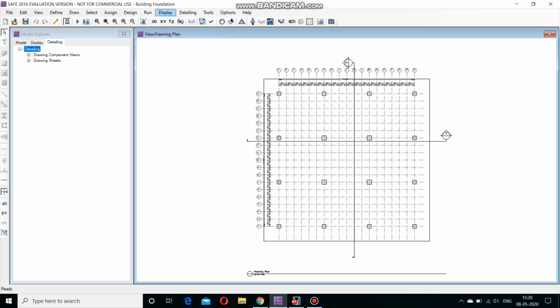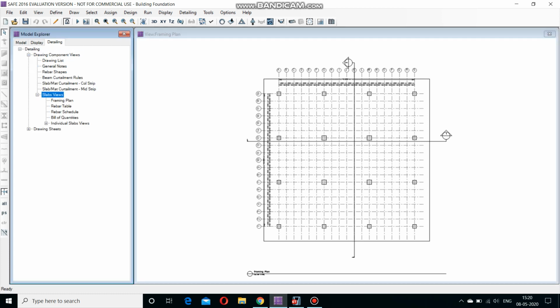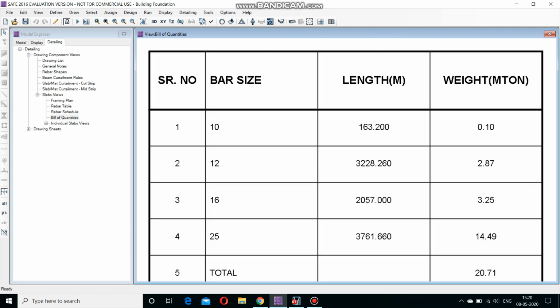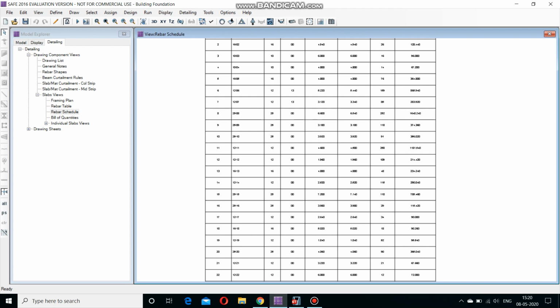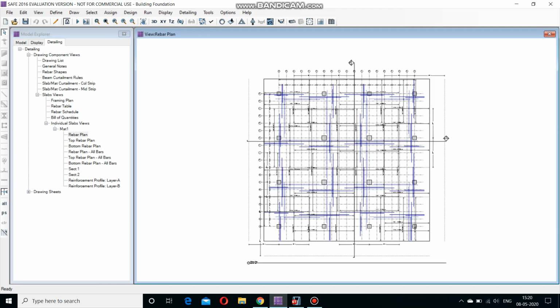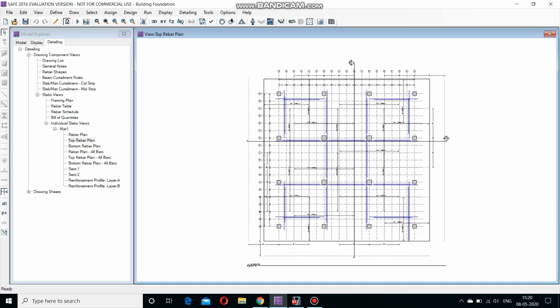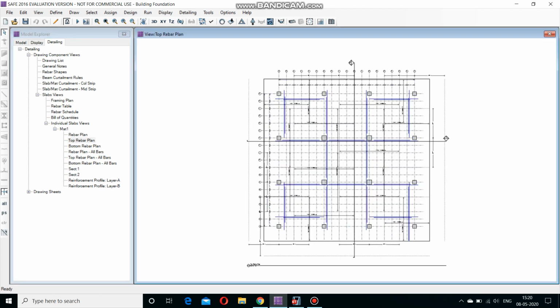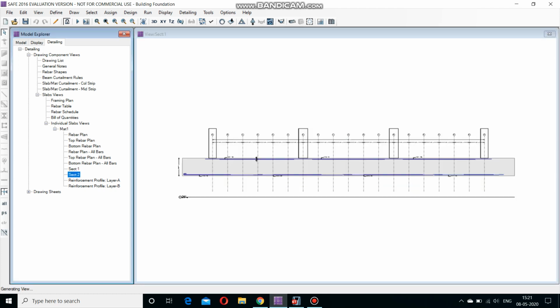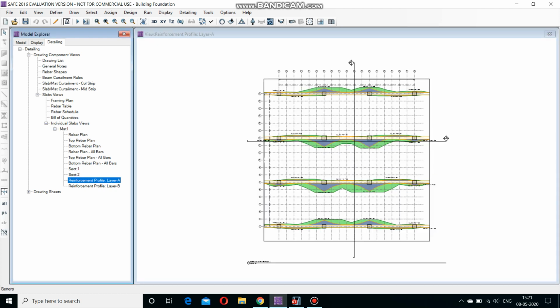Before that, you can also see the drawing components as a slab view, the rebar bill of quantities, the length of bars, the schedule, what all different types of bars are required, and the individual slab views. You can see the plan, the rebar plan. This is the top rebar plan. This represents all the bars together. Similarly for the bars, you can see the sections, the cross section view. This is also the reinforcement profile. You get all these details after